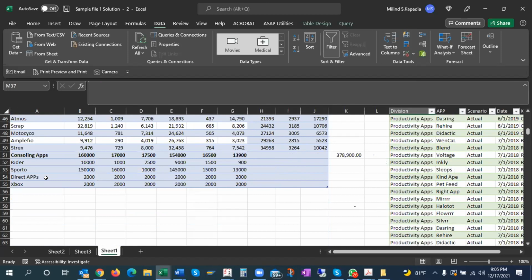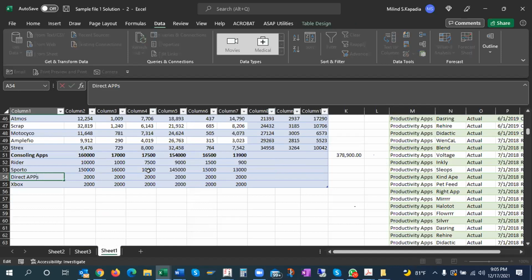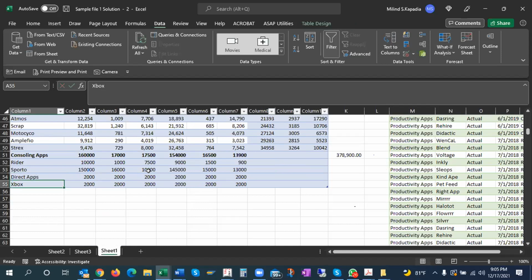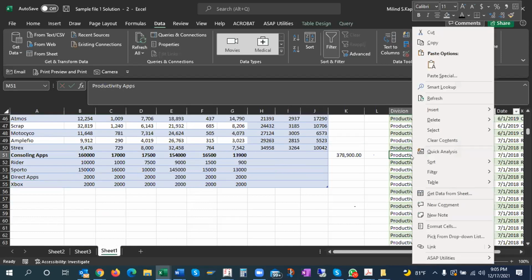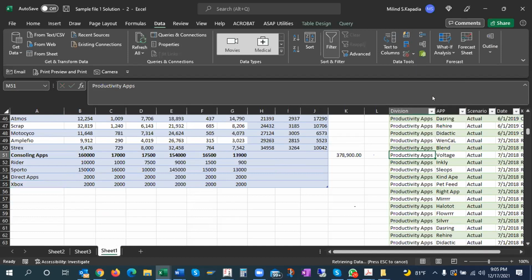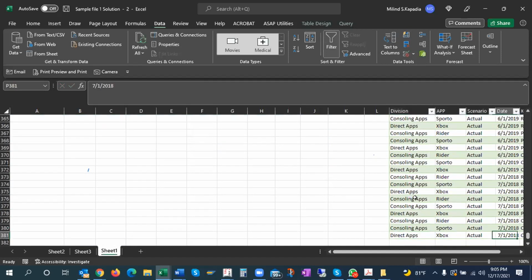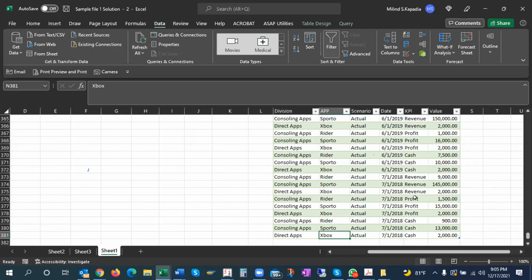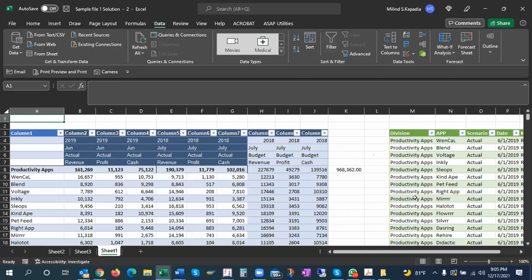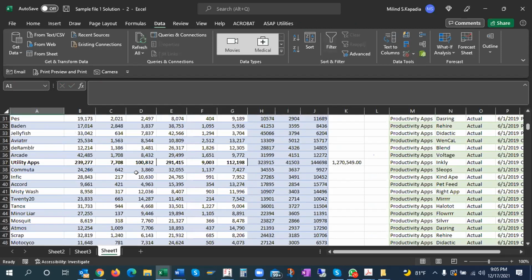You see, again I made a mistake. I told you I have to respect. See what I have done. I have written capital, whereas in the format it should be this. So when I say apps, now it will come. When I right click and refresh, definitely it is there now. So when I look at the bottom, see, it has come. So Power Query is very case sensitive. You have to respect the case sensitivity.